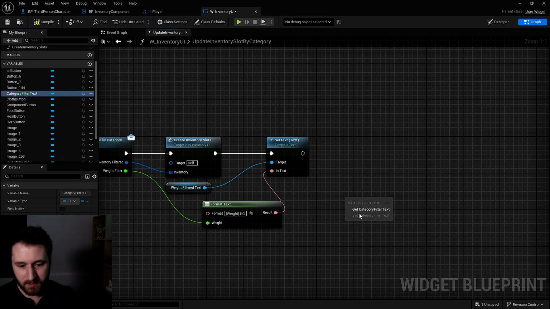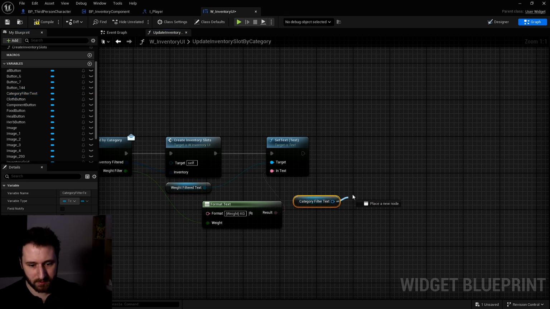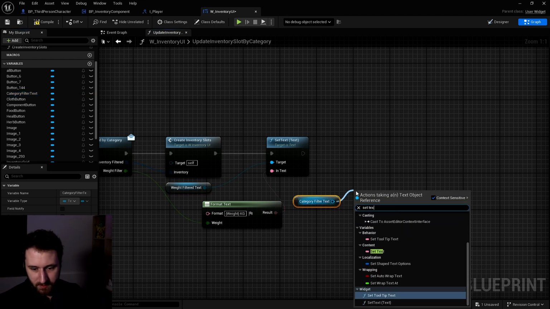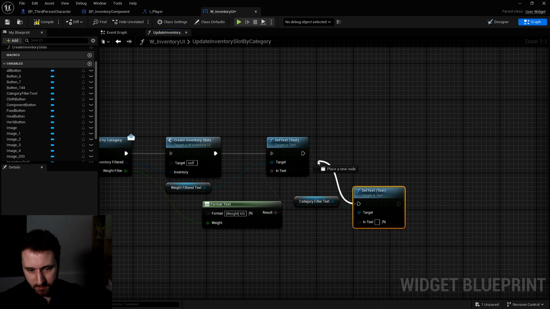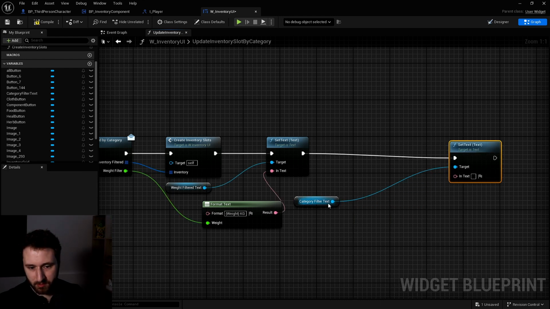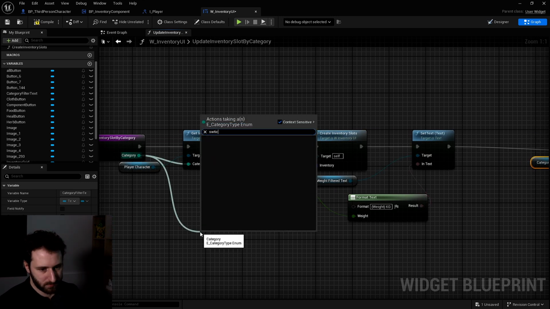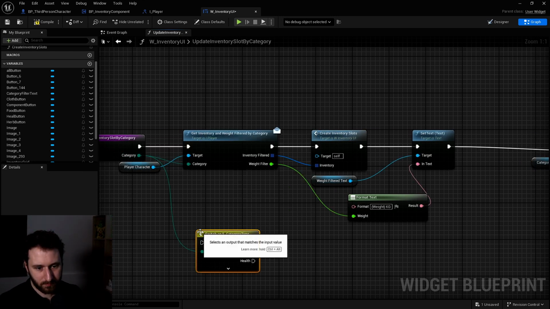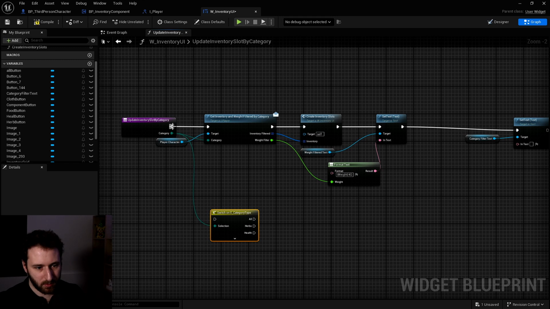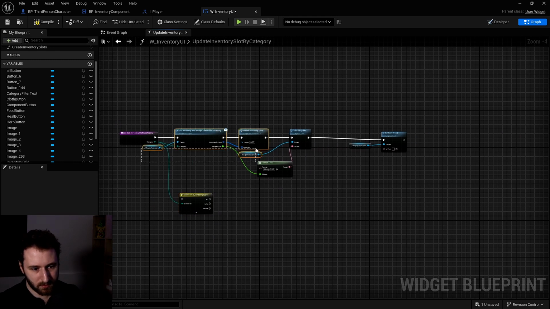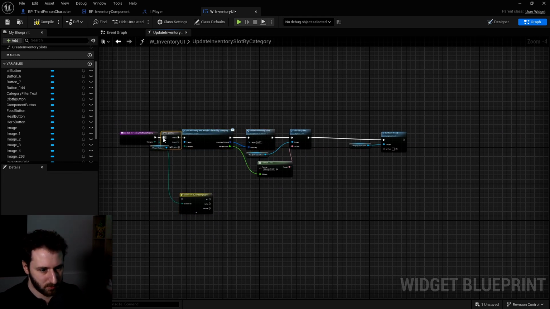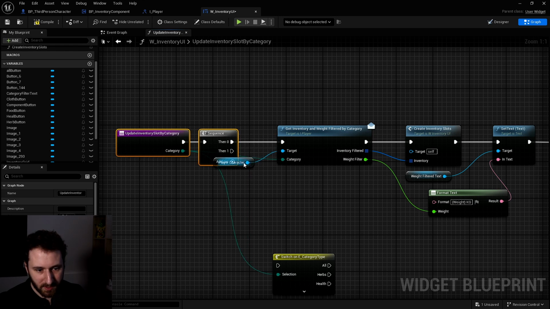the category filter text. Let's get this. Let's do a set text also. Tac. And the text will be based on the enumerator. So we'll get this. You can do a switch. And you will do a sequence to make it nicer.